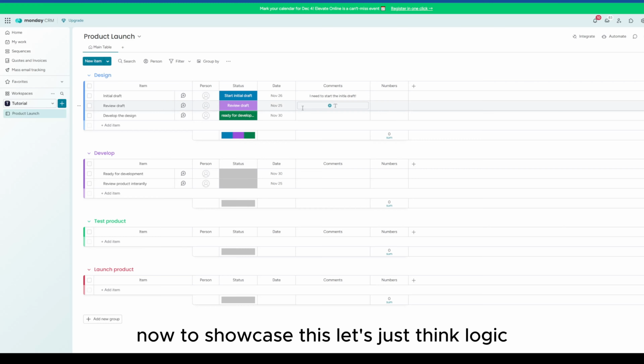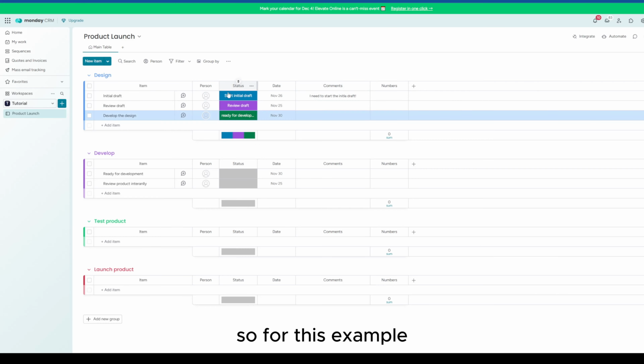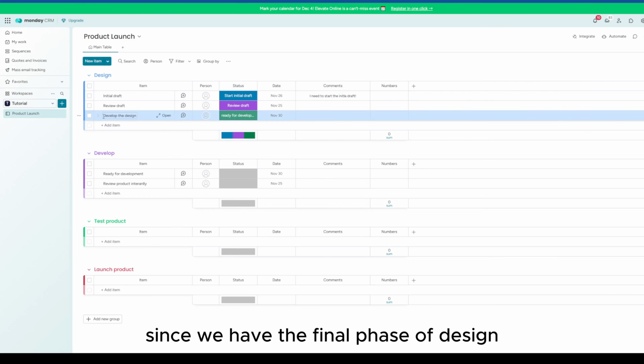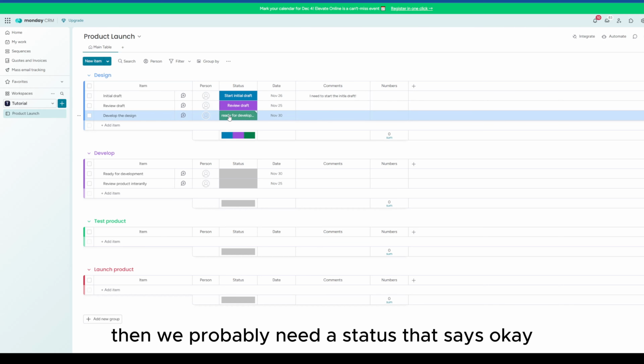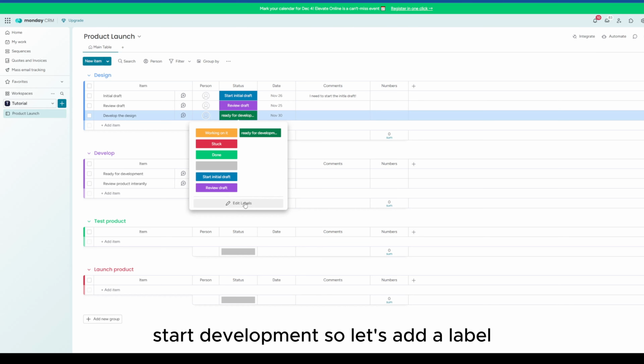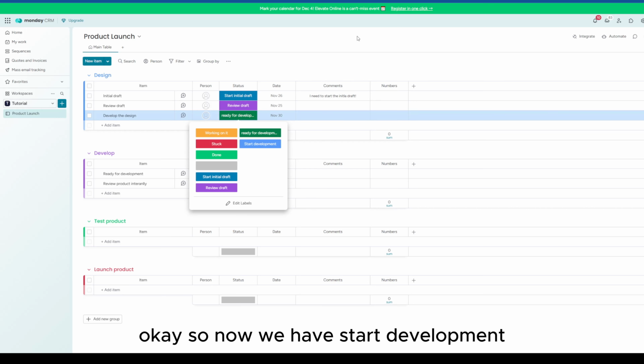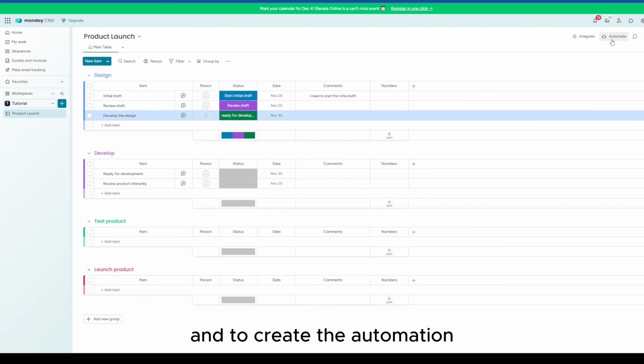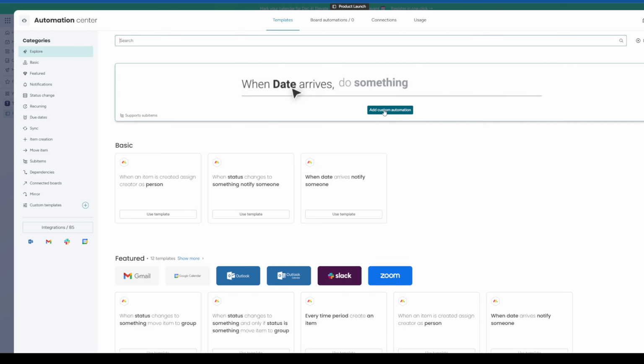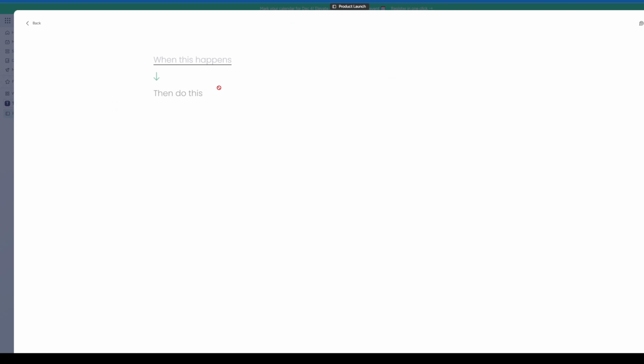Now to showcase this, let's just think logic. So for this example, since we have the final phase of design is develop the design, then we probably need a status that says, okay, start development. So let's add a label. Okay, so now we have start development, and to create the automation, we would go to automate, add custom automation,